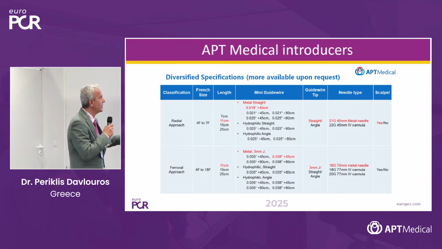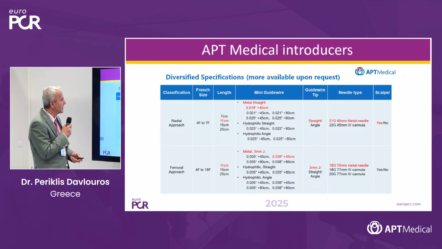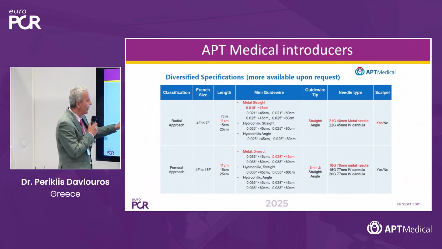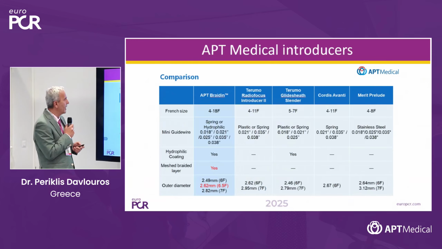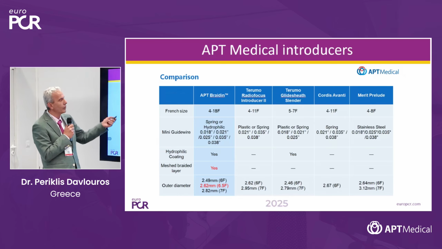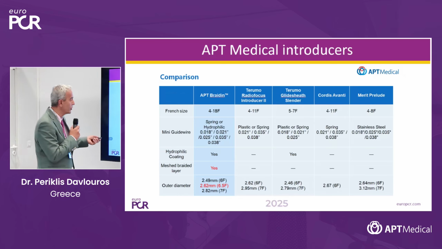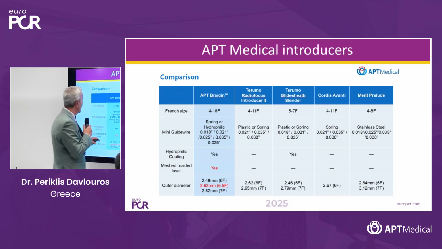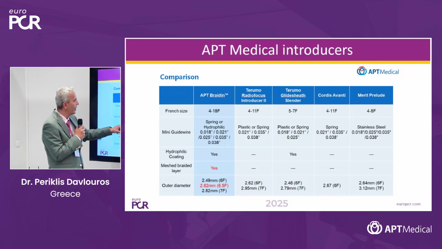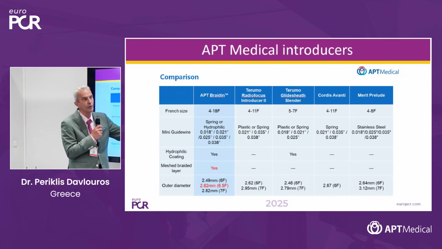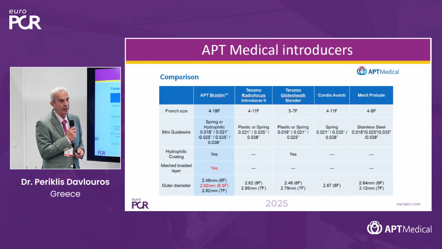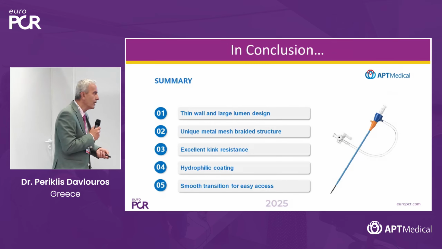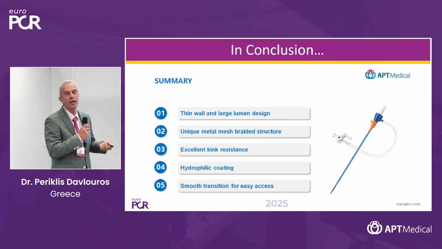Now, these are the specifications of the sheath, either for the radial or the femoral approach. In our center, we use the radial 11 centimeter sheath, and this is the comparison with other commercially available sheaths, and you see that the mesh braided layer, the metal layer, is not available in other companies, and the hydrophilic coating of the distal tip is also a feature that is not very common in other sheaths and other materials of other companies. So these are my final conclusions in this presentation,